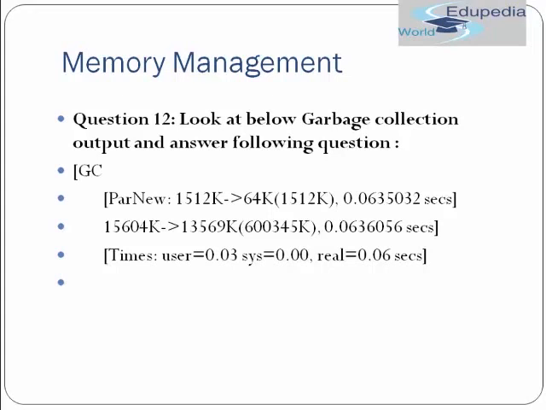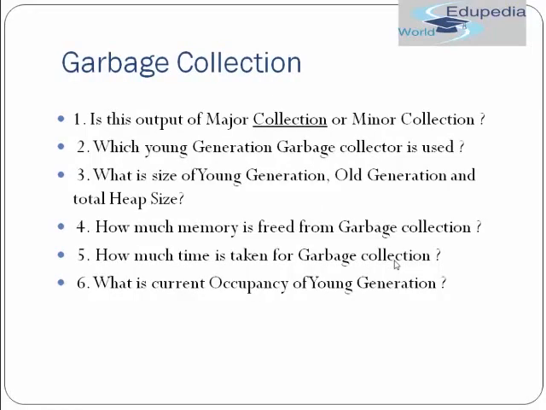So this is how it gets printed in the garbage collection console, and you can see it starts with GC, then ParNew. So it is actually using ParNew, and it is giving some sizes and then the timing. Again some sizes and timing, and then you have the user and real times, and these parameters in the output. So these were some of the important questions.